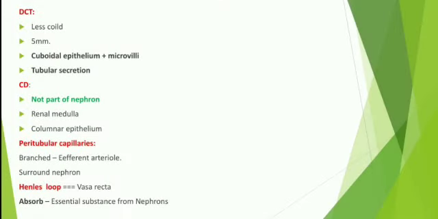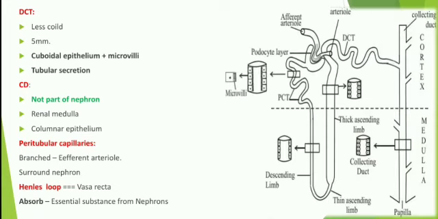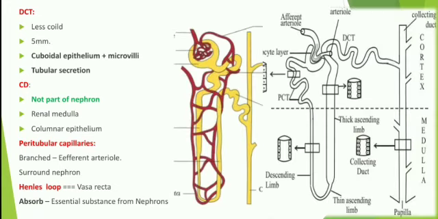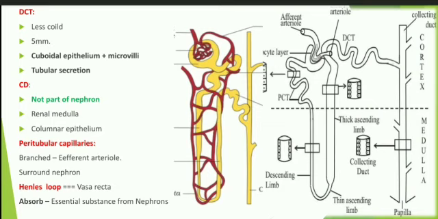This Henle's loop further leads to another part, that is the distal convoluted tubule, written as DCT. We can take here, this is DCT, and this portion also the same. The major difference between the distal convoluted tubule and the proximal convoluted tubule is length and coiling. The DCT is less coiled, measuring only about 5